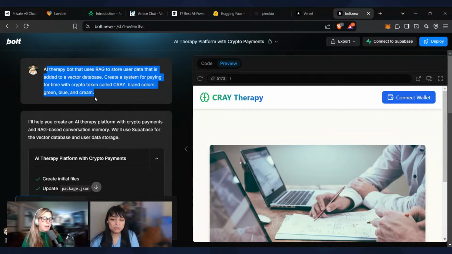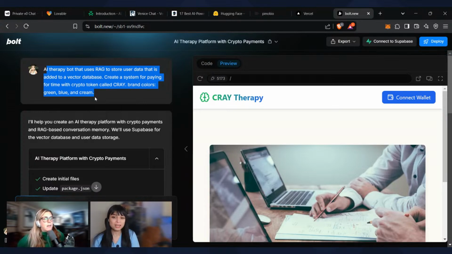So it's added to a vector database, and that helps it start to think, let me at least put some code in here for inserting into a database, because there's usually some framework for setting this up. What I could have done to make this even better is say an AI therapy bot in a Next.js app or something like that, so it knows to use a certain framework.